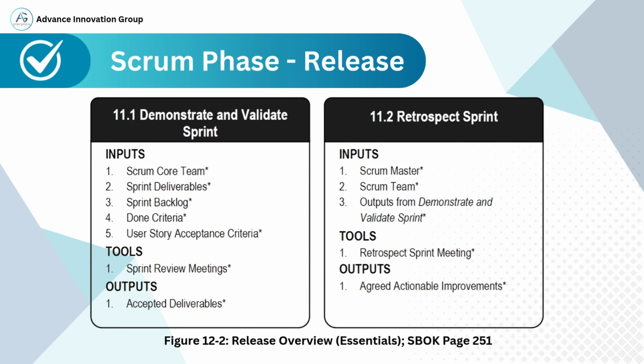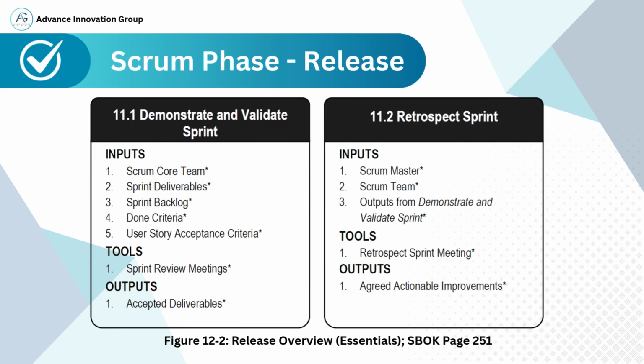11.2 Retrospect Sprint. This process is focused on continuous improvement. It allows the team to reflect on the sprint and determine what went well, what didn't, and how they can improve going forward. Inputs for this process include: